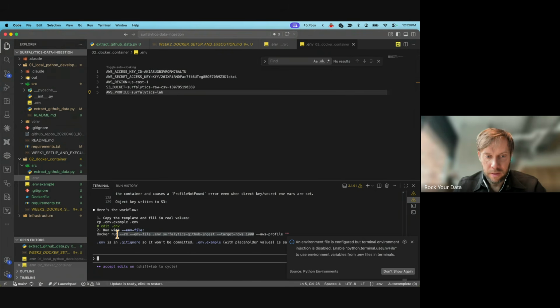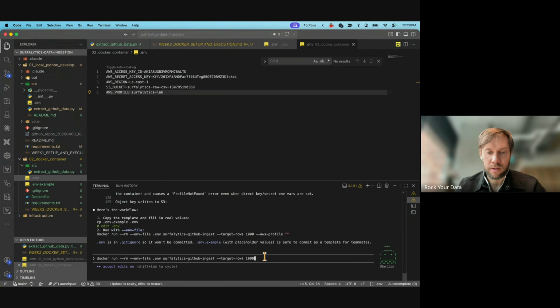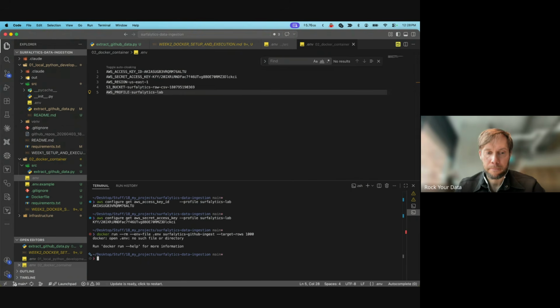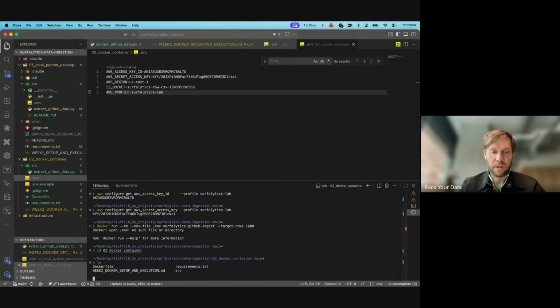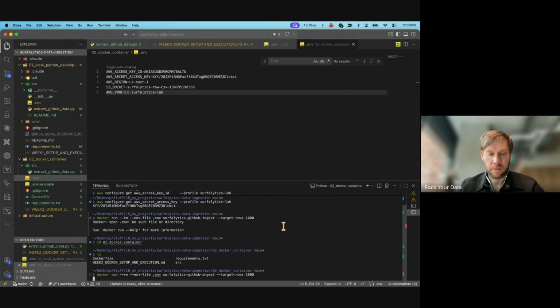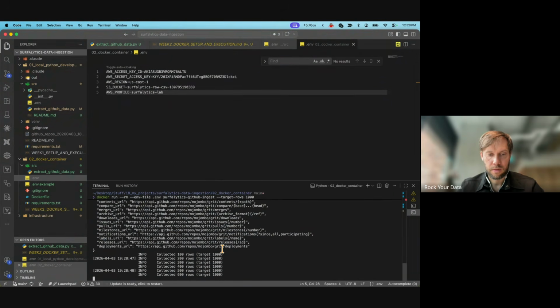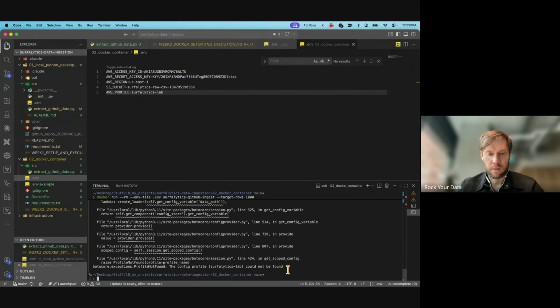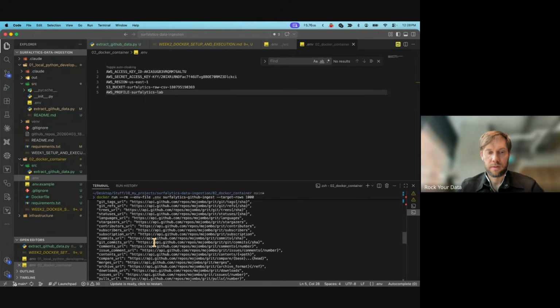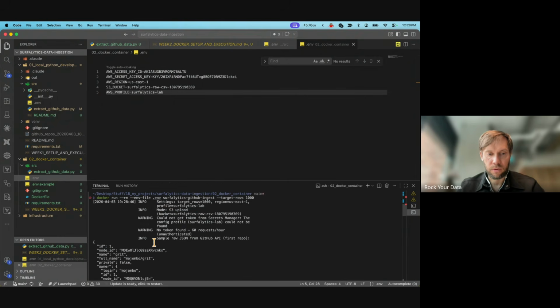Okay, now I am able to run, and I think Surfalytics GitHub Ingest is the name of the Docker container. So I can see what's happening. I need to go inside 02. Here I have my Docker file, and now I can try to execute. It failed on this. Everything good except